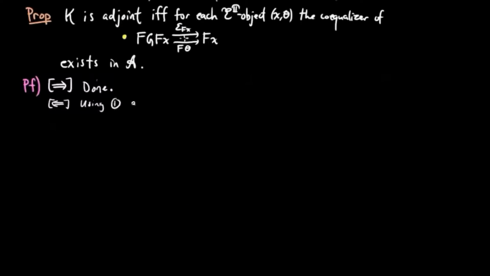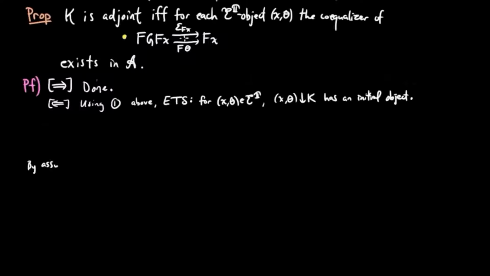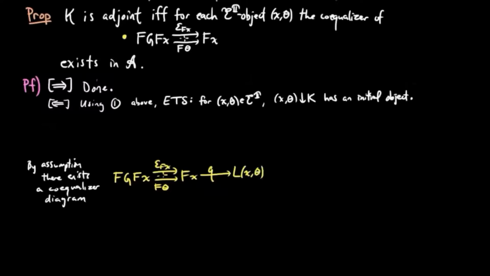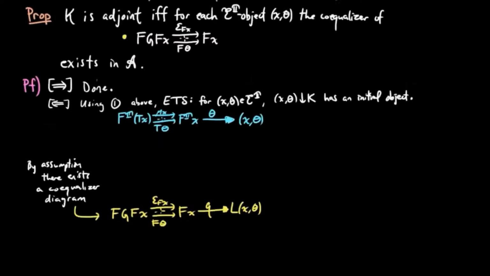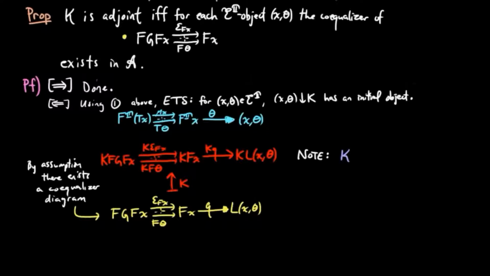Conversely, using 1 above, it is enough to show that for each Eilenberg-Moore object, x theta, the category x theta over k has an initial object. By assumption, there exists a coequalizer diagram where q is the coequalizer of epsilon fx and f theta. Then we apply the functor k to this coequalizer diagram, and then we note that the objects in the